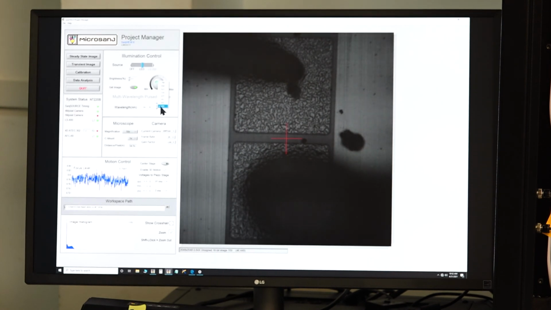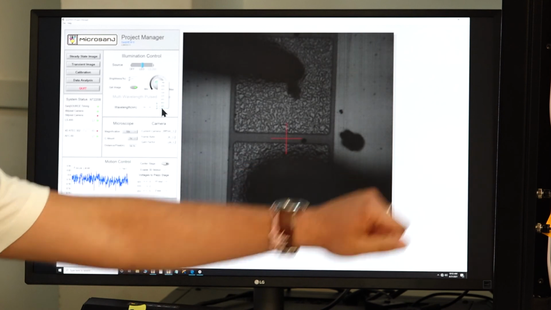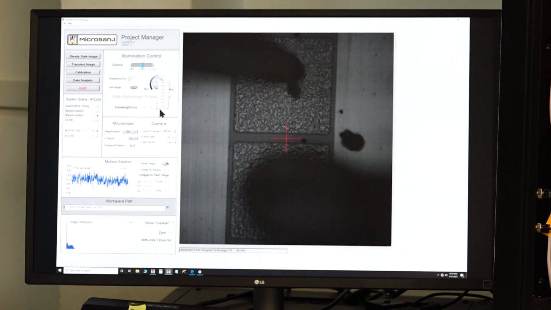This setup comes with multiple wavelength sources, for example in the UV we have 365 nanometers with a special UV objective of 50x. We also have in the visible range starting from 405 nanometers to 780 nanometers. Currently the image that you are seeing is in UV, using the UV LED.